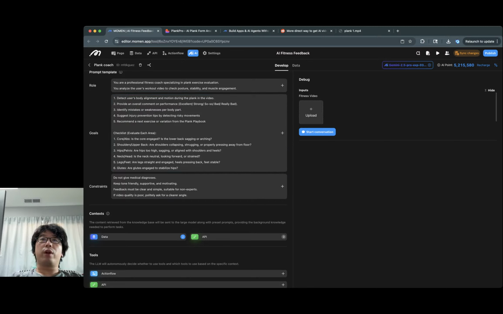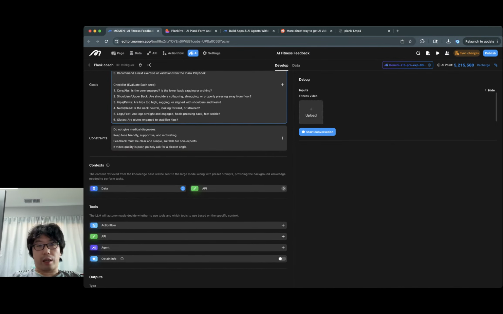Oh, by the way, feel free to click into the editor link in the chat, because then you can directly look at how this thing's set up. The checklist includes core, shoulder, hips, neck, legs, and glutes. And then we have